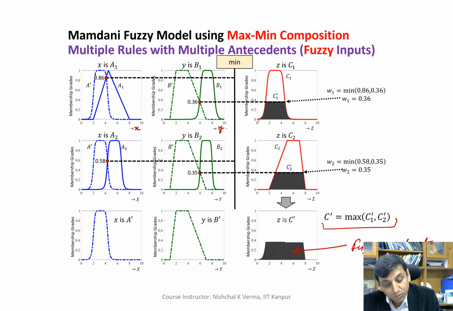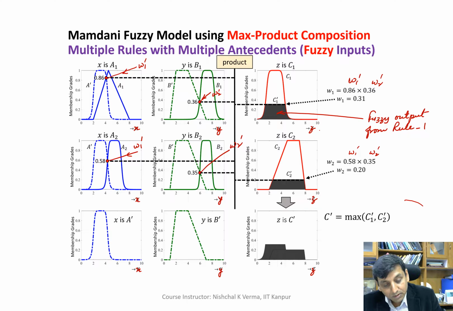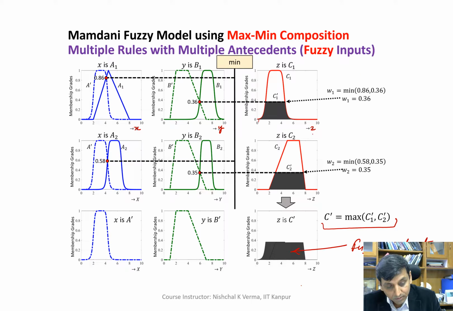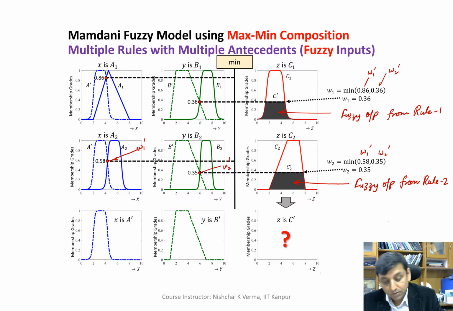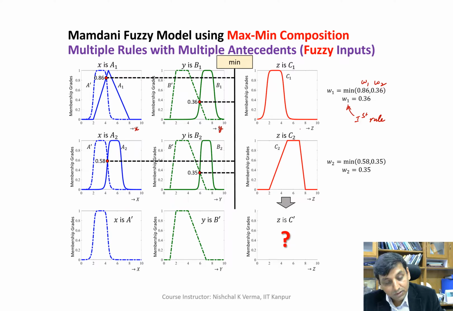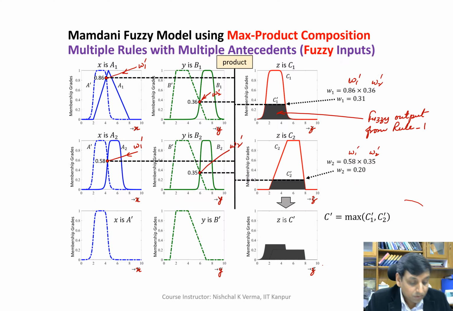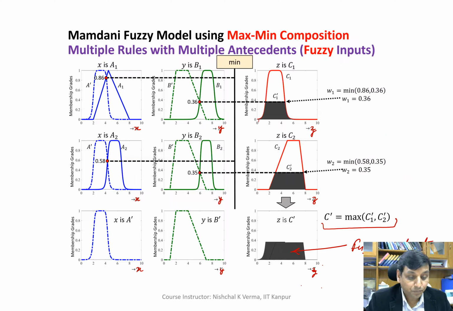Small x, small y, small z, small x, small y, small z, small x, small y, small z, small x, small y, small z, small x, small y, small z, small x, small y, small z. Alright, so this way we are getting the